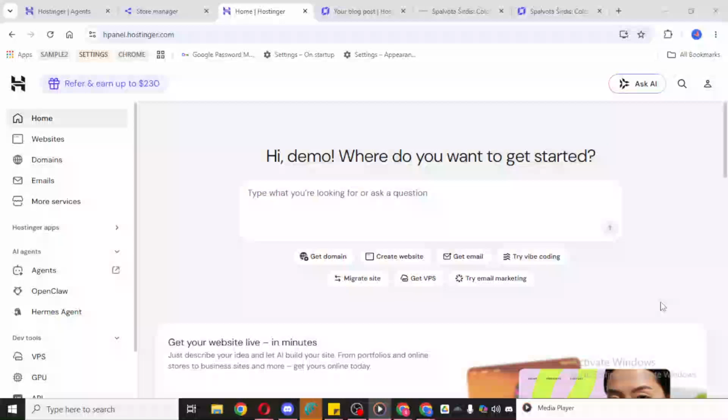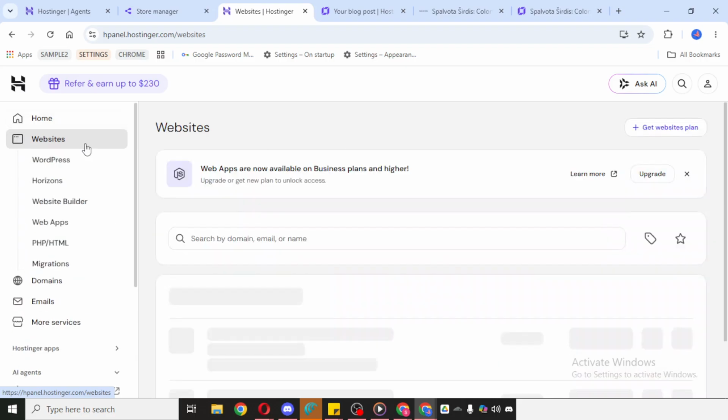In today's video, I'm going to teach you how to add a quotes carousel to a Hostinger website. To get started, open your Hostinger account and go to the website you want to edit. Once you're inside the dashboard, look for the option to edit your site and click Edit Website. This will open the website builder, where you can make changes visually and see everything in real time.